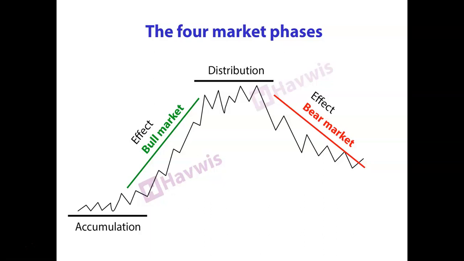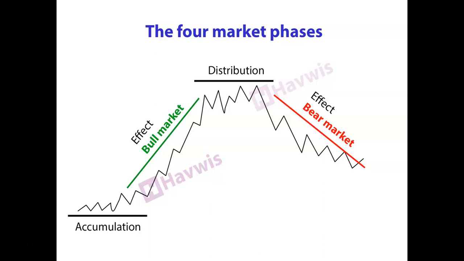So when you are looking to analyze the market, first of all, find the phase of the market we are in at the moment. Are we in the accumulation phase, the distribution phase, the bull market, or the bear market? If you find that this coin is in the accumulation phase, usually new coins are in the accumulation phase after the ICO, or even the ICO itself is an accumulation phase. This is a time you as an investor will come in and buy as much as you can, and wait for the effect, which will be the bull run.